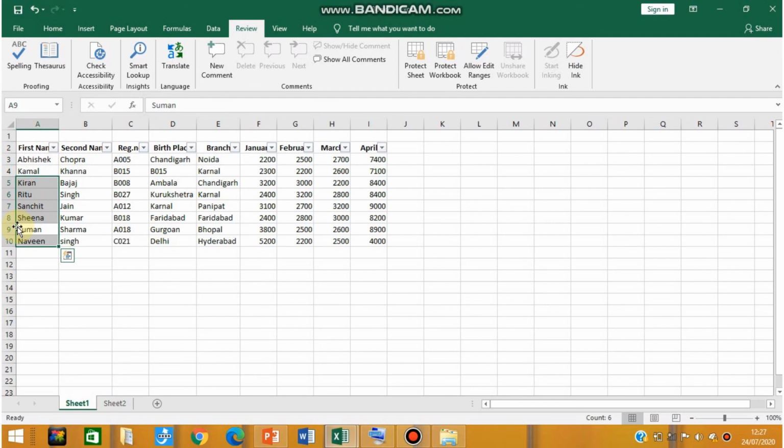Fine, so this was all about spell check in the worksheet. So today we have seen the three subtopics of this chapter. First, we have seen how to select the cells. Then we have seen about changing the text or deleting the text, deleting the cells in the worksheet. Then we have seen about spell check in the worksheet.